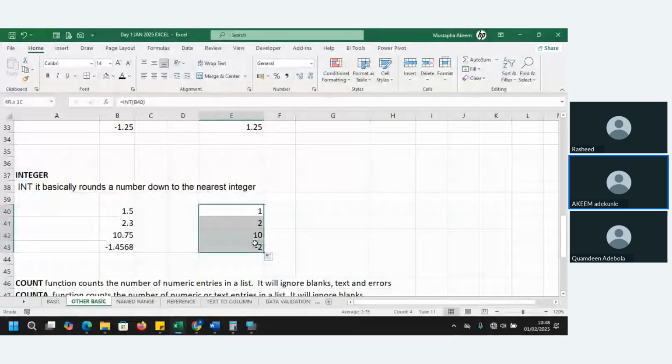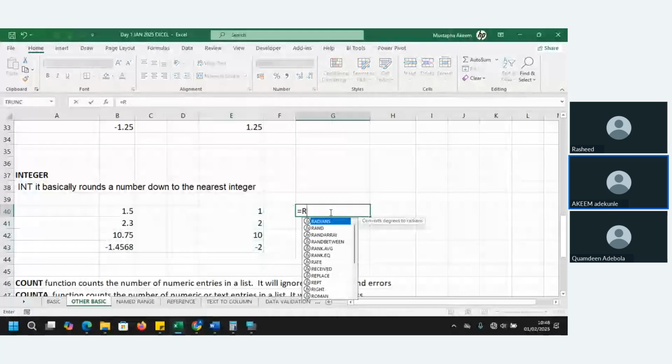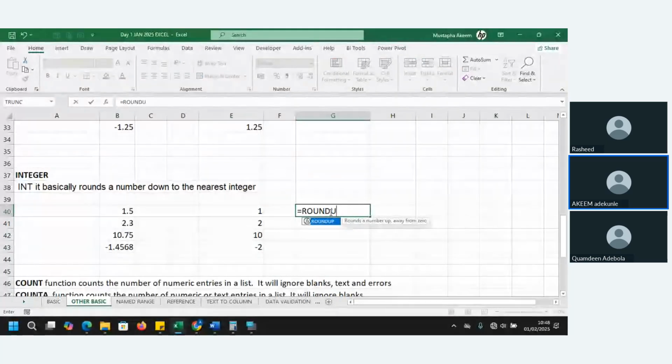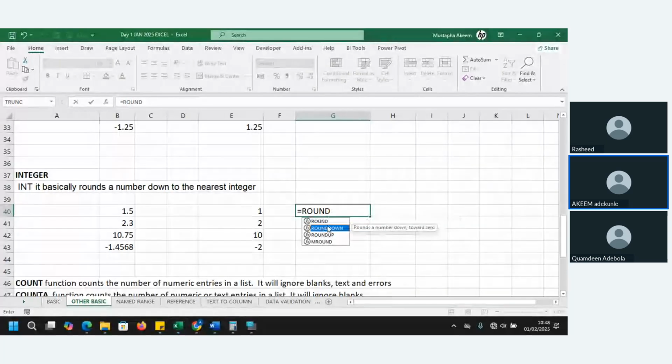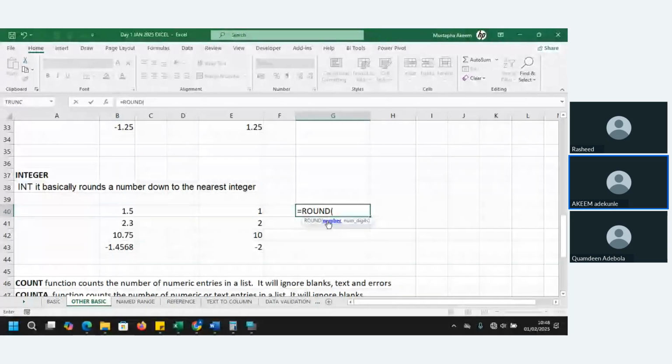If you want to round up, we have ROUNDUP, and we have ROUNDDOWN. We also have ROUND only. You can round a number to how many digits? To 1 digit or 2 digits.